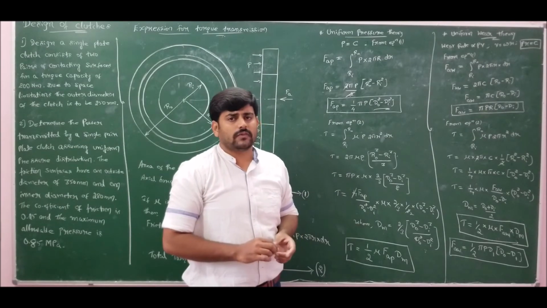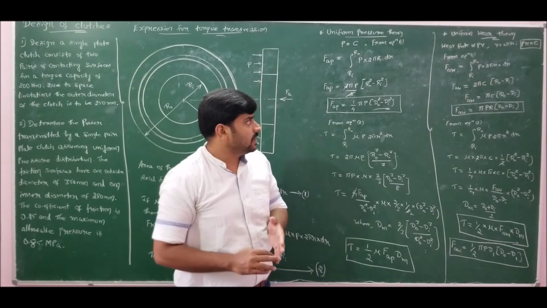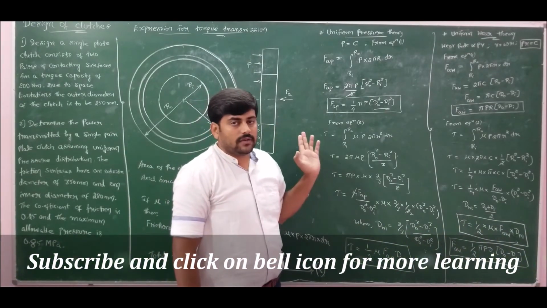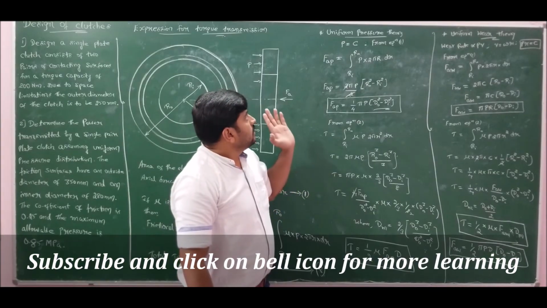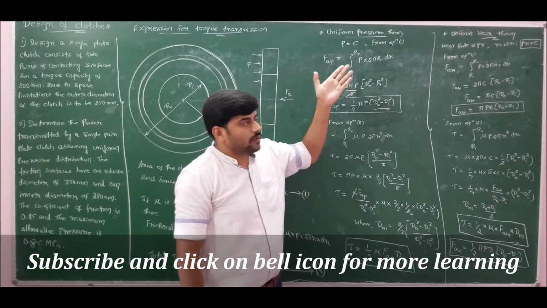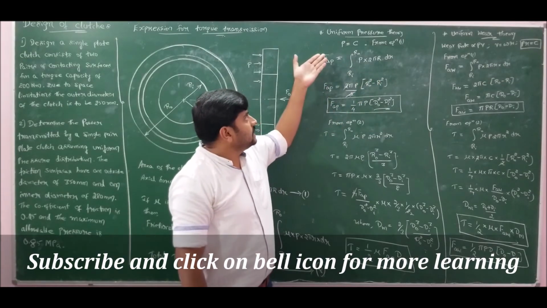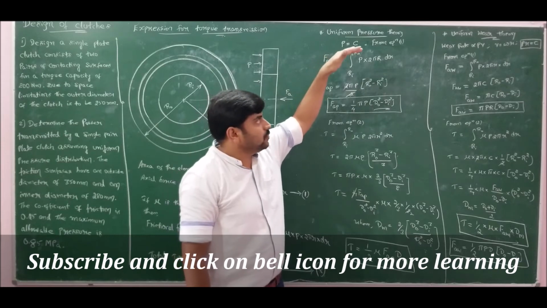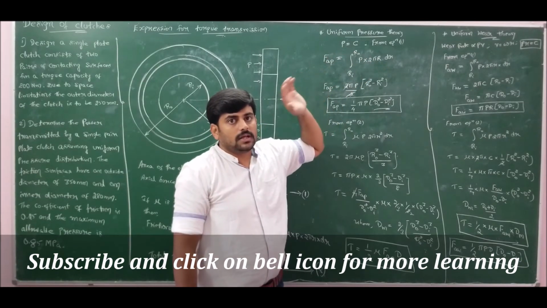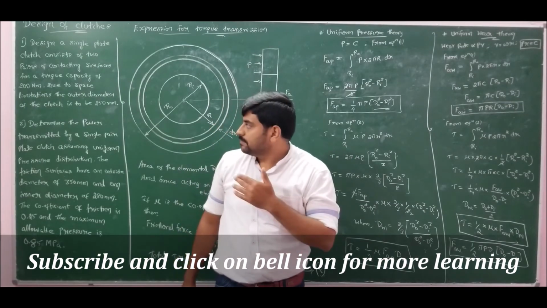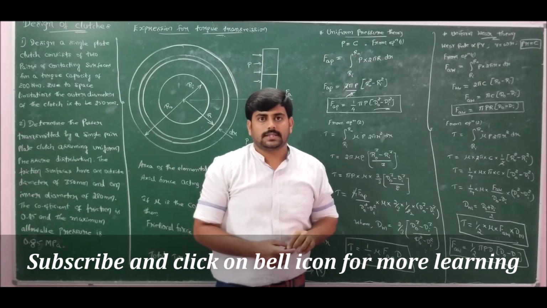Let me pause this video for a while so that you can copy down the formulas and derivations for axial force and frictional torque transmitted, which are derived based on uniform pressure theory and uniform wear theory. For uniform pressure theory, pressure is considered to be constant over the entire frictional surface, whereas for uniform wear theory, we assume that the wear rate is uniform for the entire frictional surface. Later, we will solve simple numerical problems on single plate clutch.